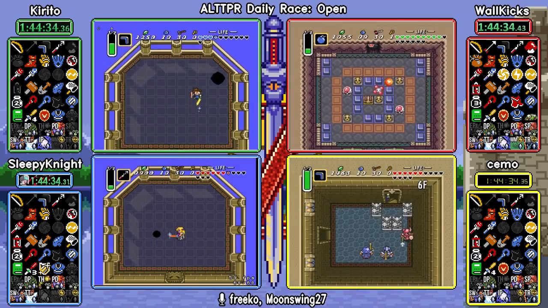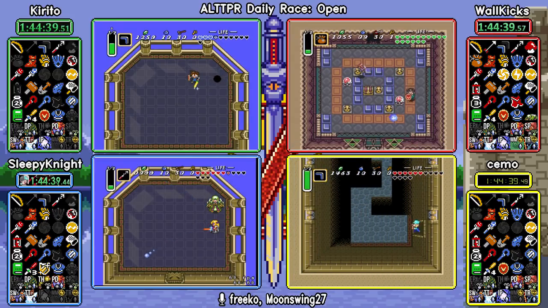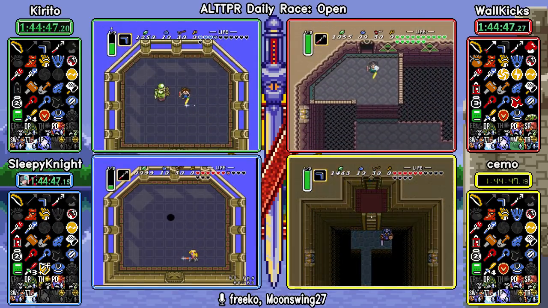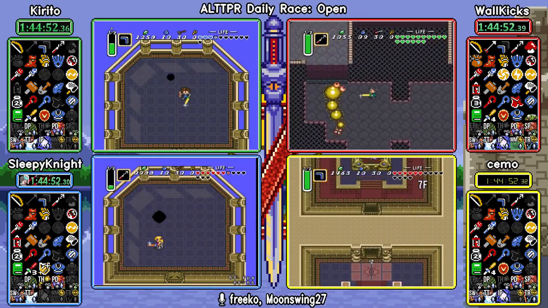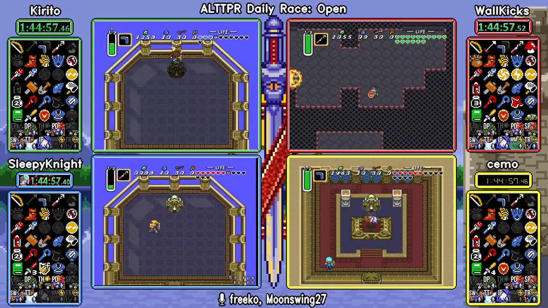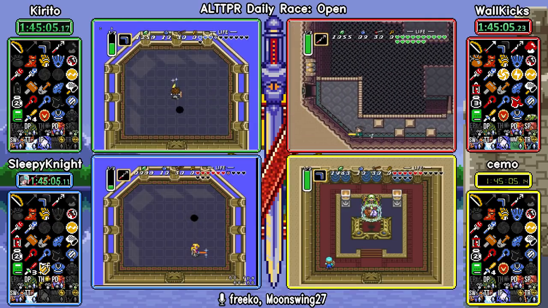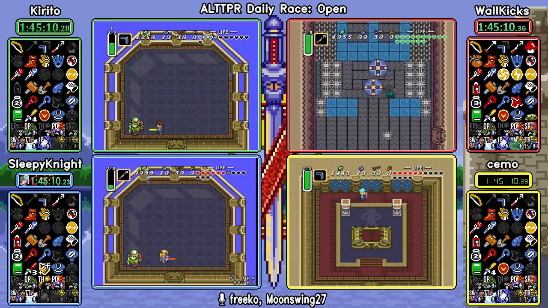And speaking of finishers, while Kirito and Sleepy Knight play Geometry Wars, we've got a couple of them. You mentioned Ravis. Plasma Kappa was our second place finisher, 1 hour 34 minutes 20 seconds. It looks like Gloin was our third place finisher, 1:36:27. A couple minutes behind was Blaine in fourth place, 1:38:27. Matt 7898, our fifth place finisher,